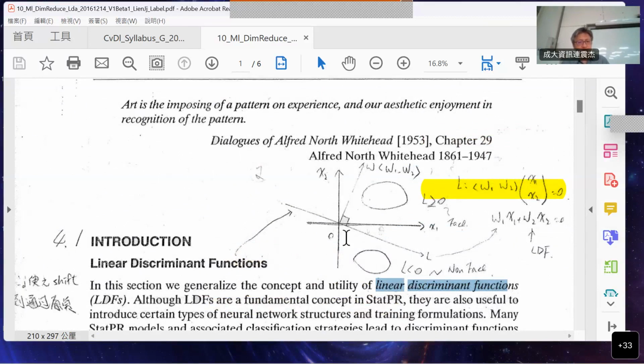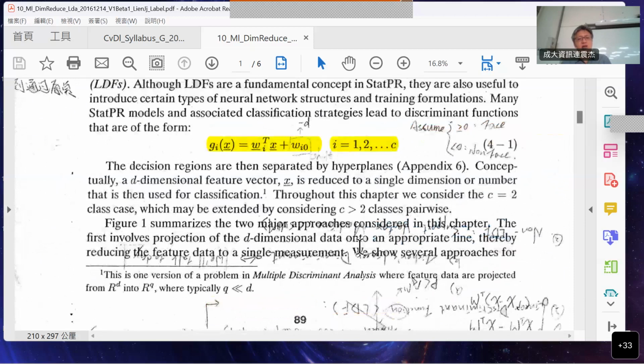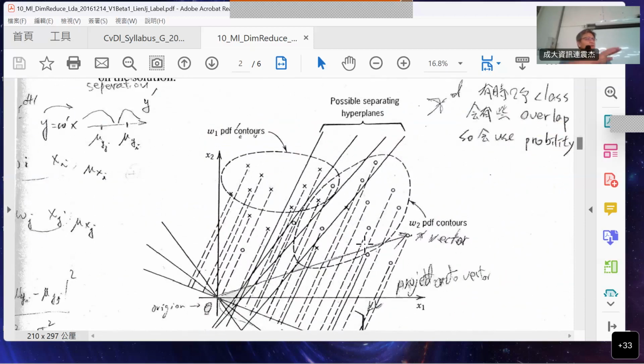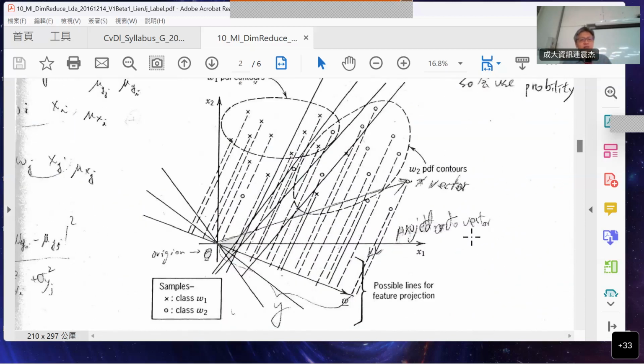So they will project on this W. This one project to W. This one also project to W. Okay. Here is just drawn differently. 这个只是画不一样而已。这个 L 反正是这一条线，那 W 是在这里。